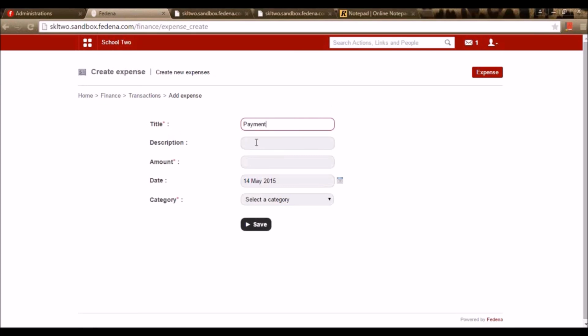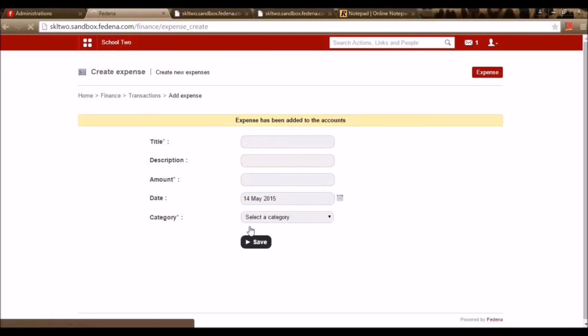I've made a payment for X and I'm giving a detailed description of it. I'm entering an amount, say 5,000. So if this is an expense made by the institution, I'm entering it here, entering the date, and I can select any of the categories that I have created. What kind of category does it fall under? Is it based on inventory, pantry? Right here I'm adding it to goods and saving it. Expenses can be added to the transaction module by going for the option new expense, and it can be saved here.